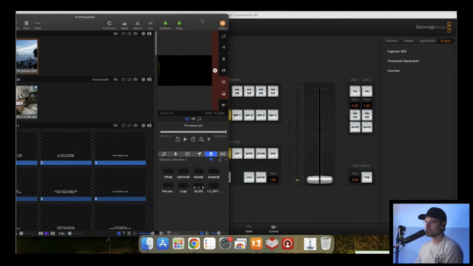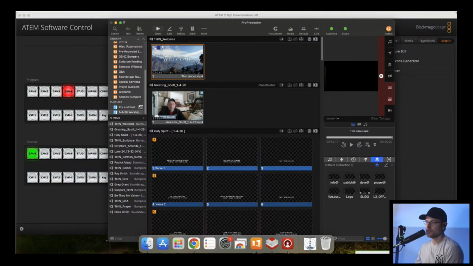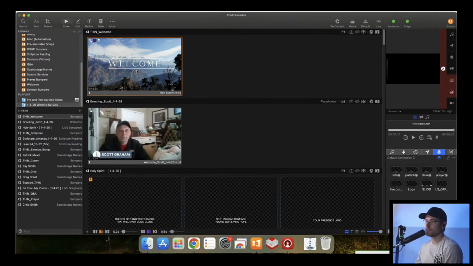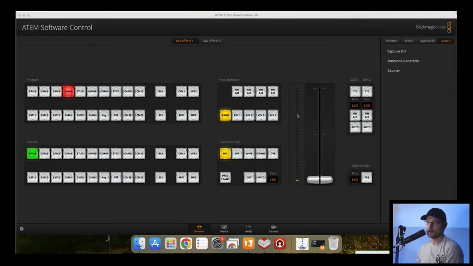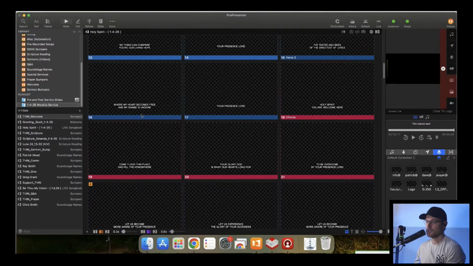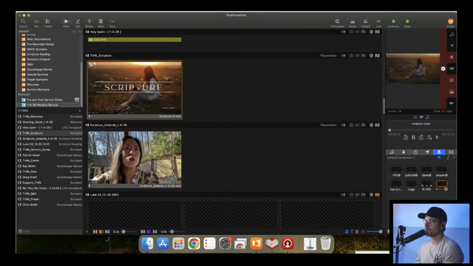When that prop gets run, it will clear the on-air function from, come on, make this full, why are you not full screen? There we go. It will clear the lower thirds every time, whether or not it's on or not, which is totally fine. I just don't want to forget that it's on, and in particular the scripture slide, because that's the one that I always forget it on. So here we go, we'll go down, and when we have somebody read scripture, I want the prop to fire, I want it to clear, I want the prop to clear as well, so that's why the auto clear is on there.